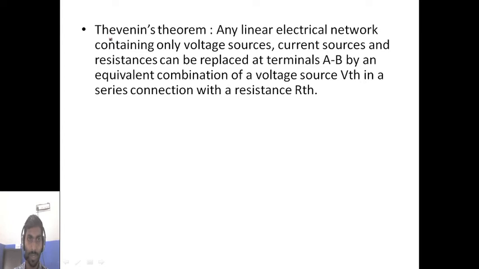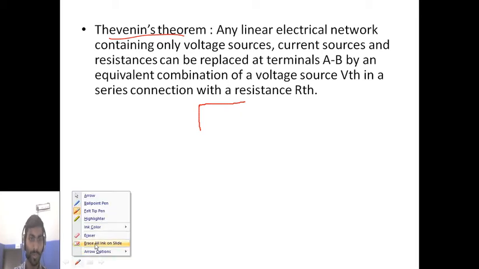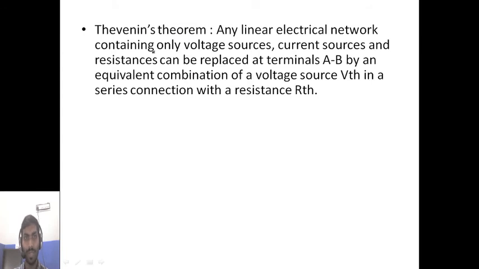Okay, what is your Thevenin's theorem? In the Thevenin's theorem, what you will do is you will replace all your sources with their internal impedance. Let me say it is a voltage source. What you will do? You will replace it with an open circuit. Okay, and if it is a current source, what will you do? You will replace with a short circuit. Okay, a network containing only voltage sources or current sources, resistance can be replaced with an equivalent at the terminals A, B. The equivalent combination of voltage source within a circuit.